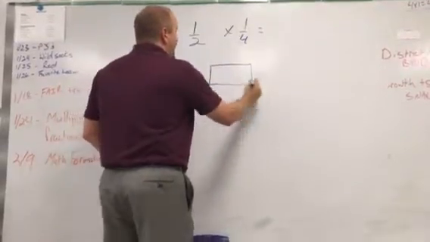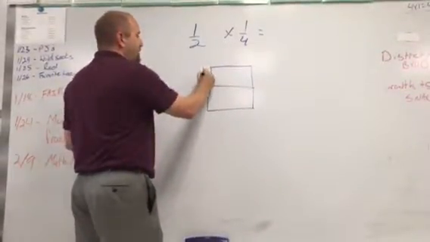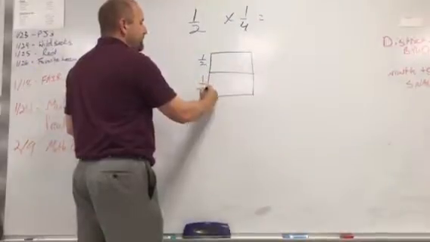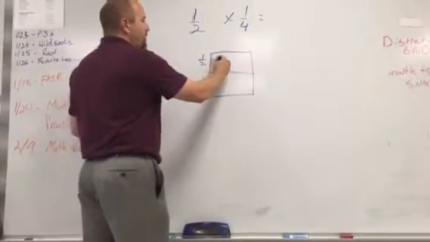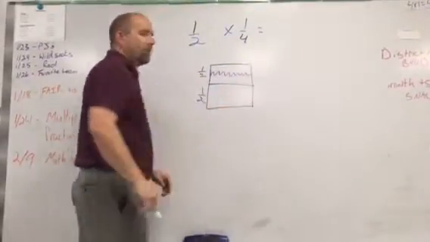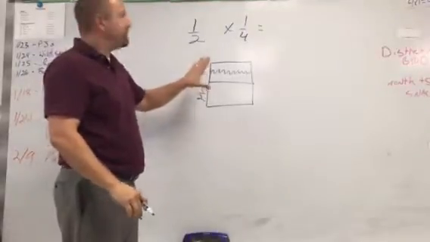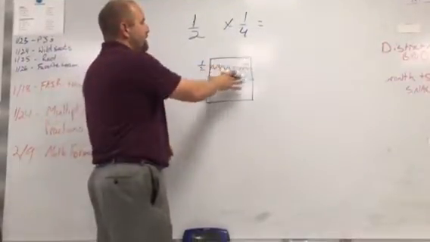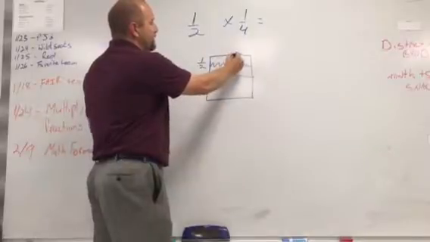and I'm going to split it in half as my fraction indicates. I'm going to label that as 1/2 and 1/2. And then I'm going to color in 1/2 of my unit. Then I'm going to take my single unit and I'm going to partition it into 4